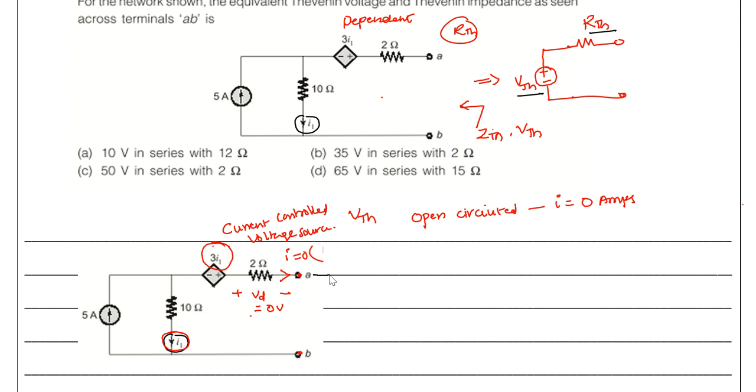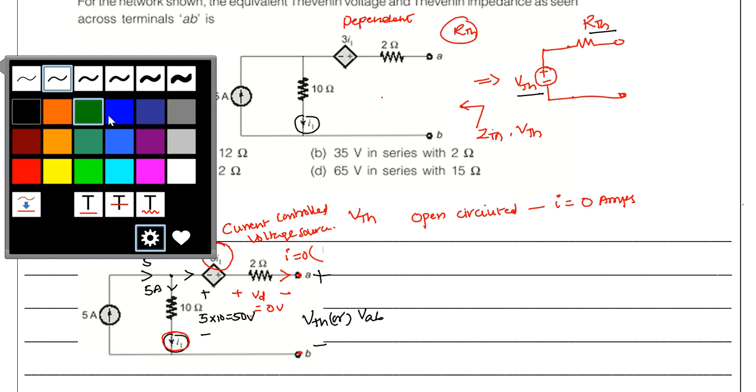So it is a very simple problem. First, we'll find the voltage here. Let me take the voltage VTH, which we can also call VAB. If it is an open circuit here, what about the current flowing here? Series connection means the current will be 0. So the 5 amperes current comes here, and 0 amps goes here. What about the remaining current? By KCL, it is simply 5 amperes. What about the voltage across here? It is 5 into 10, which is 50 volts appearing here, right? Now apply KVL inside the loop.